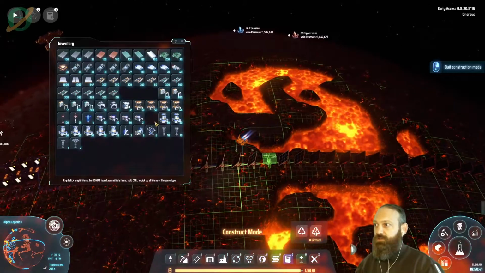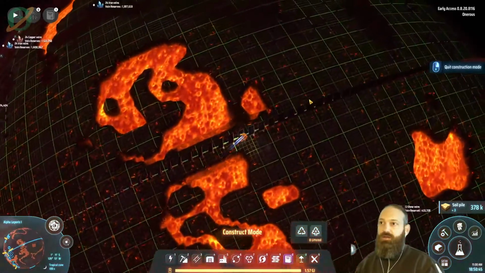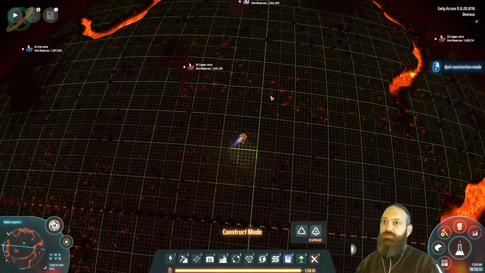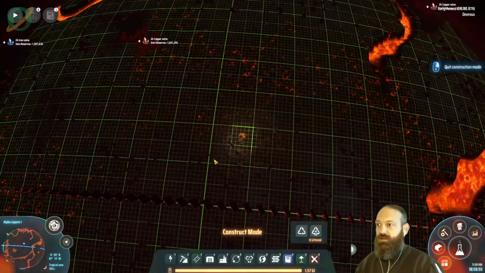Am I out of solar panels? What's going on, guys? There we go. It's too fast for the drones, maybe. So is this line? Here we go. This is definitely one here. All right. So this is where we're going to start building, and it's actually really nice because we don't have